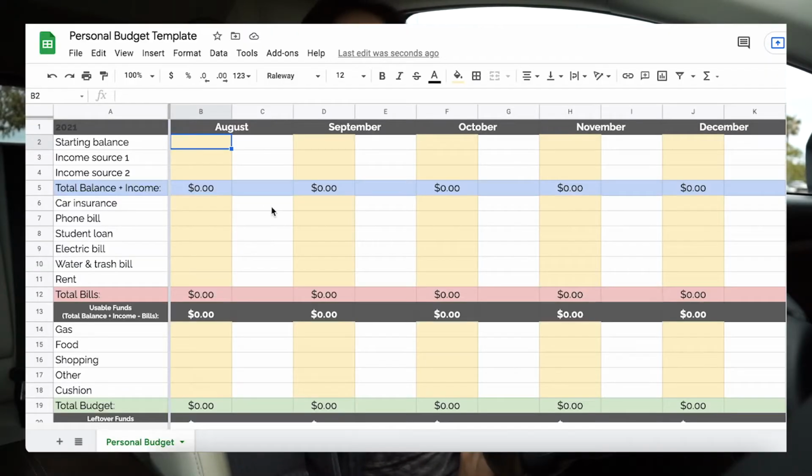There are 3 sections to the budget as I have it laid out. Number 1 is your income. So if you have a single job, that's going to be your source of income. If you have a job and somebody sends you money every month, you can put that in the income area. If you have miscellaneous reimbursements, this is also where you want to plug in income every month.